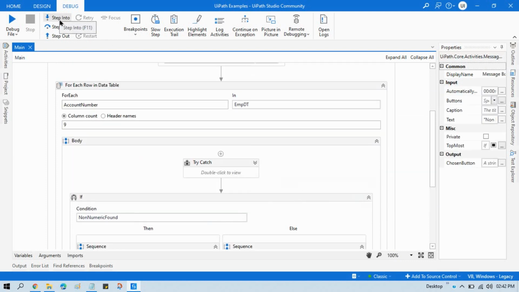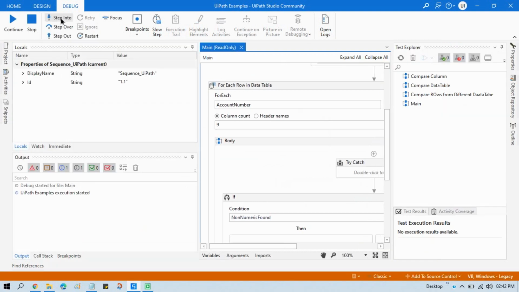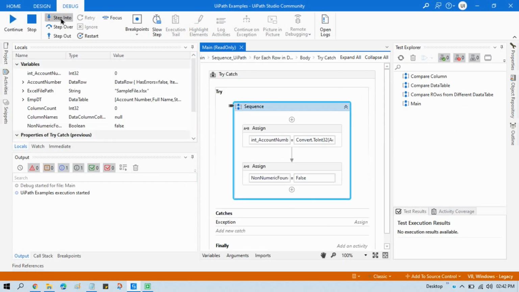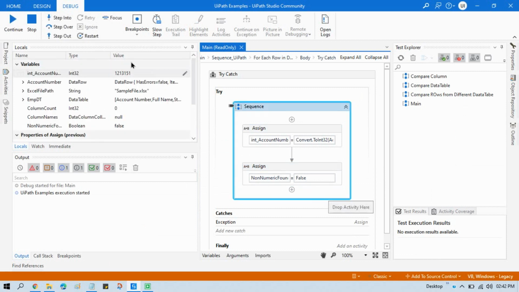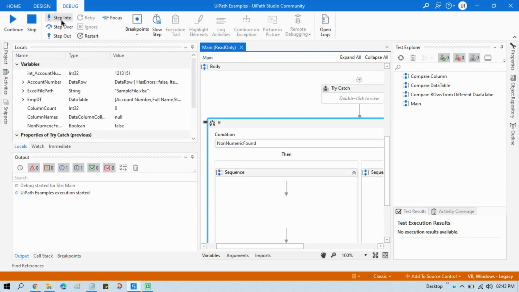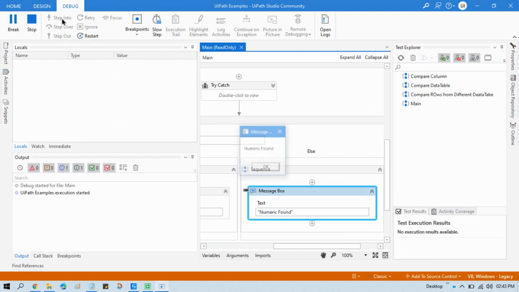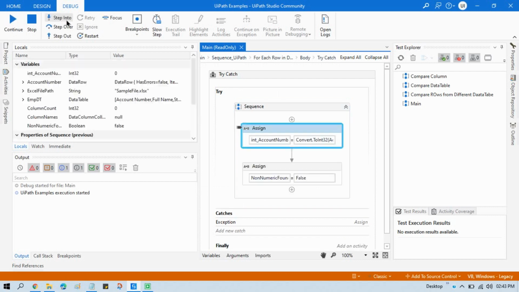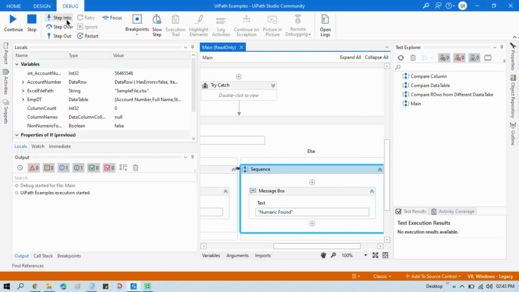Now let's run this one. First one, there is no error because we are able to convert, because our number is an integer. So non-numeric found is false. Now it will check whether non-numeric was found or not. No, because we have numeric values. Now go to the second number, again a numeric value found.